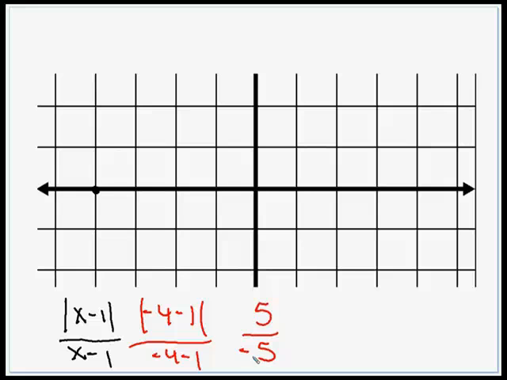And that is going to be an output value of negative 1. If we plug in x is negative 3, it'll be 4 over negative 4, which is, again, negative 1. And if we plug in negative 2 for our x value, we'll get the same negative 1. And as we get closer and closer